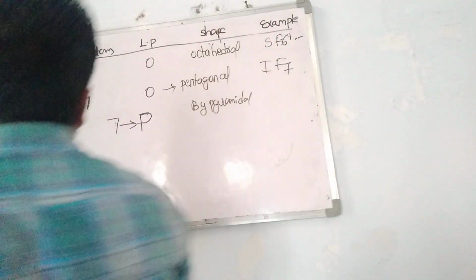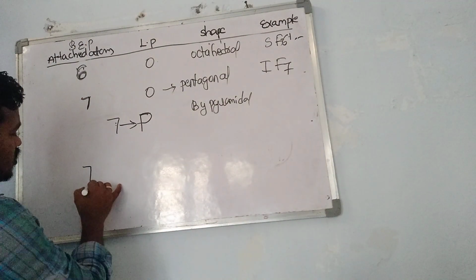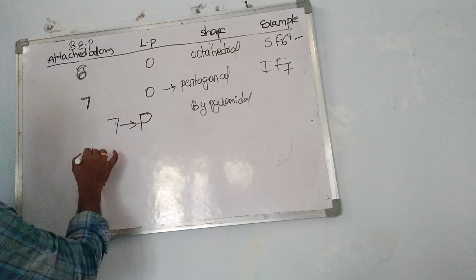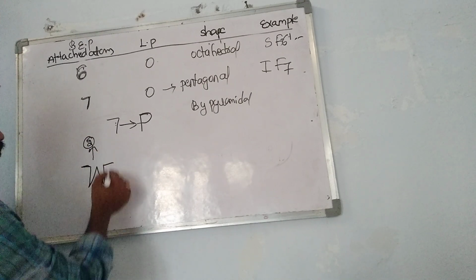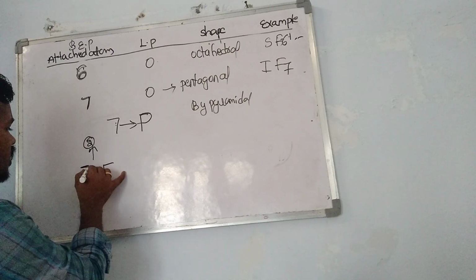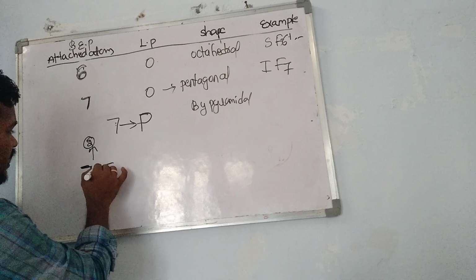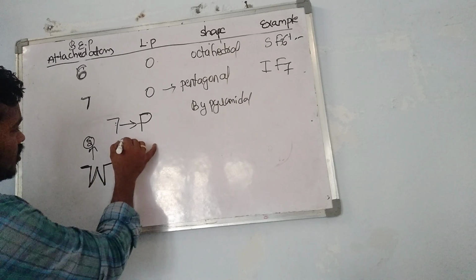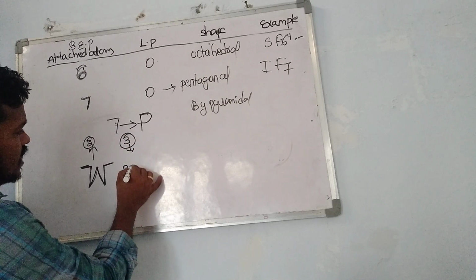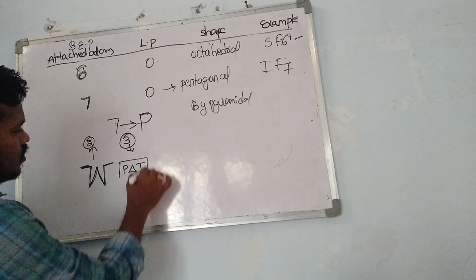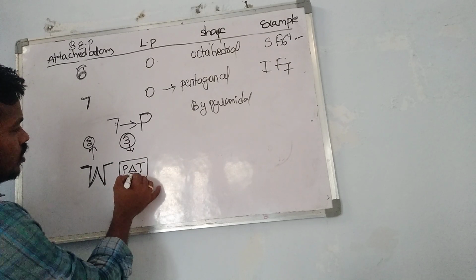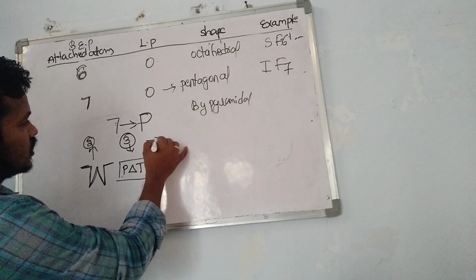So first, how to remember the shape of the molecule? Just draw the structure like this. Square. This is for two, which means the central atom is attached with two atoms. So linear, bent. If the central atom is attached with 3: trigonal planar, trigonal pyramidal, T shape. So next one is 4.